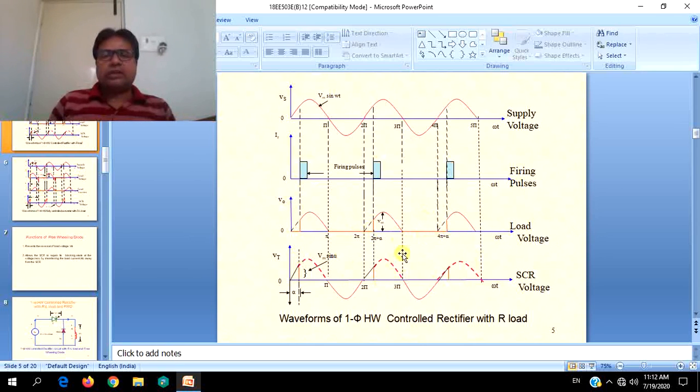From these things, what we understand is the actual load current is discontinuous, and the average values have to be considered instead of sinusoidal values. It is discontinuous, so average values of voltage and currents have to be considered. Because of this discontinuity, the performance of the load will not be satisfactory. It will not get affected much because of the frequency, but satisfactory operation will not be possible.